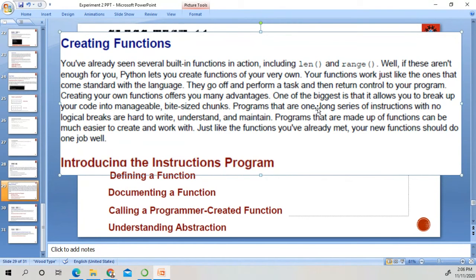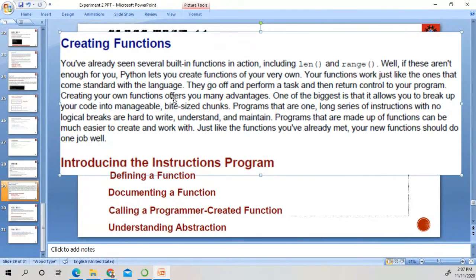Programs that are one long series of instructions without logical breaks are hard to write, understand, and maintain. Programs that are made up of functions can be much easier to create and work with. Just like the functions you have already met, your new functions should do one job well.